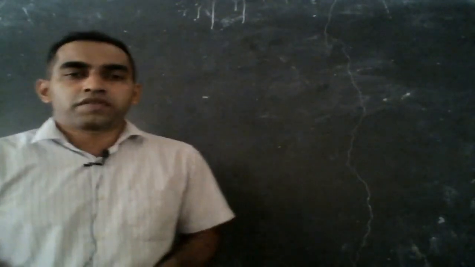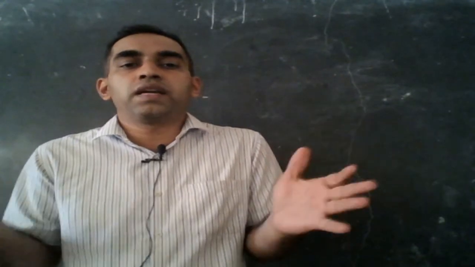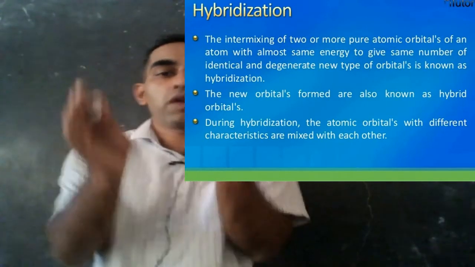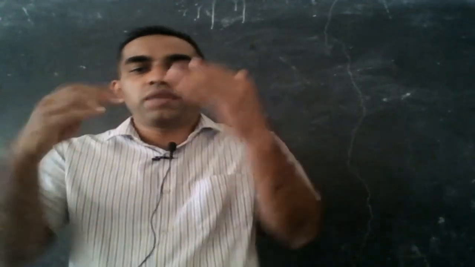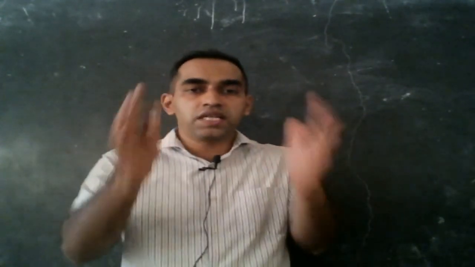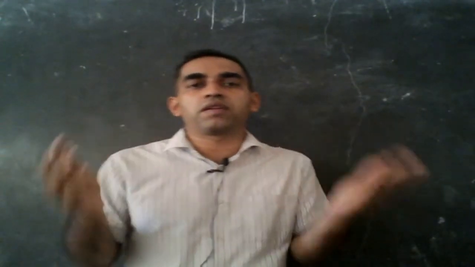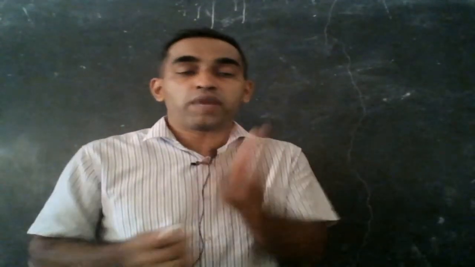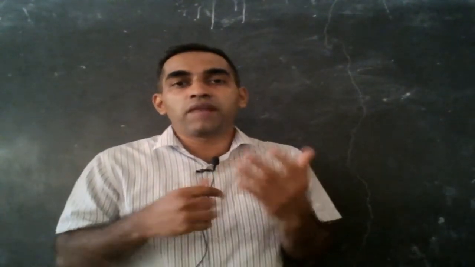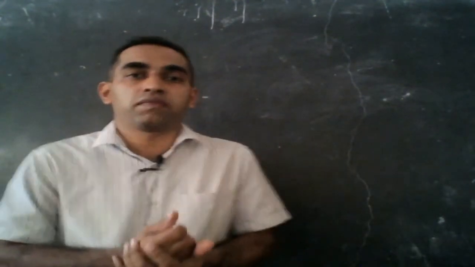Okay, now coming to chemistry, what is hybridization? Hybridization is simply a mixing of different pure atomic orbitals which are a bit similar in energy to give a new set of orbitals which are degenerate, having the same energies. It is simply a mixing of different atomic orbitals of different energy. But remember, the atomic orbitals to be mixed should not have too much energy difference, otherwise mixing won't be proper or mixing won't take place.